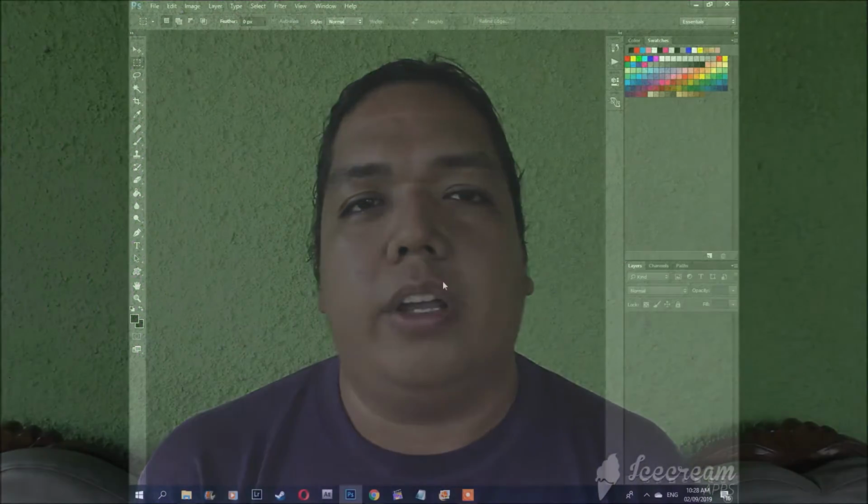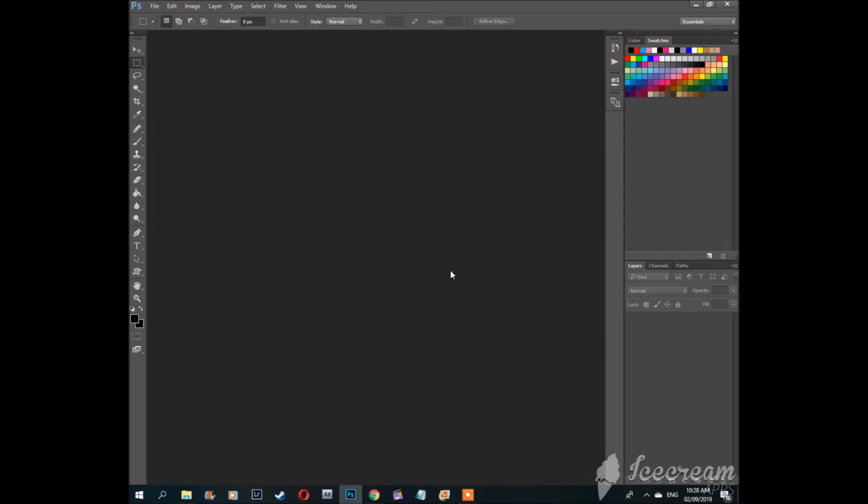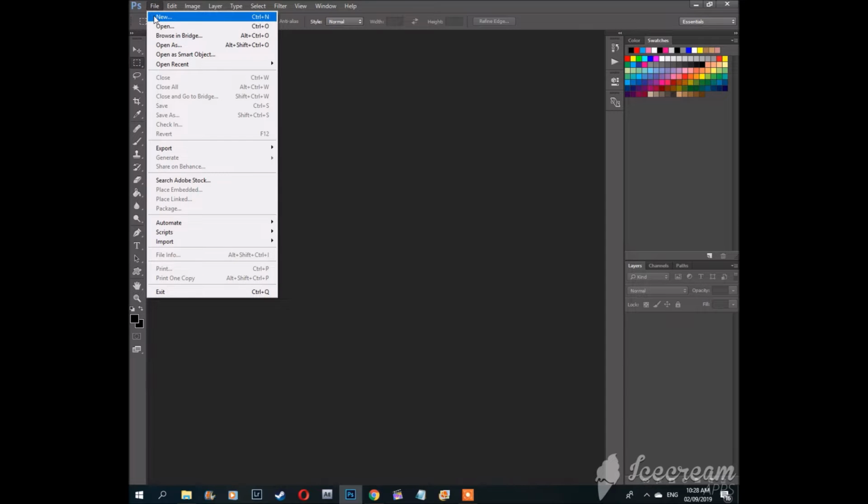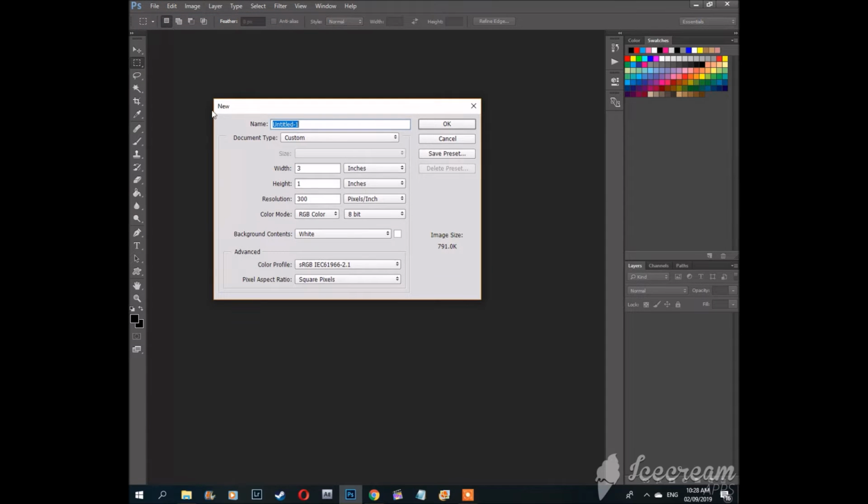Okay, so let's begin this tutorial. So here we are in our Photoshop screen, and the first thing we're gonna do is prepare our document or our workspace. So let's go to File, New, and in this box, the first thing you will see here are some presets